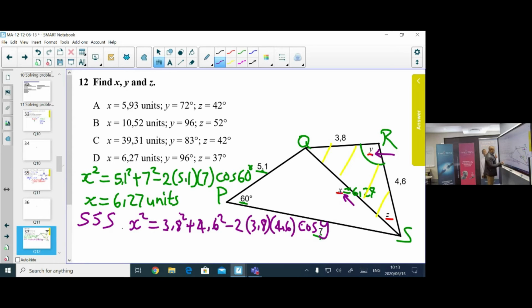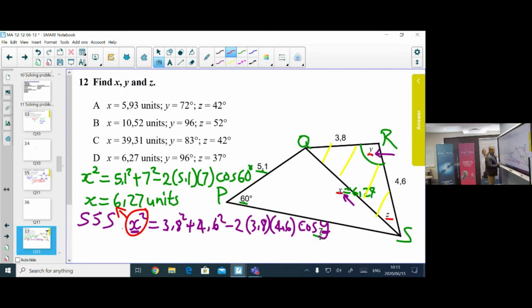Okay, so x, which is the side, is the side opposite your y, which is the angle. So if you do this, you will see that we already have this x squared. We already have x from our previous working, and